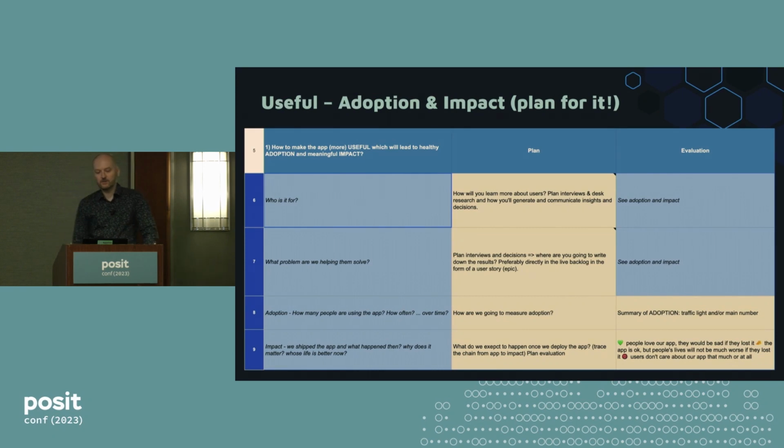So zooming in on the usefulness section, one key thing is that we separate planning and evaluation. At first we started with the evaluation part, but quickly found out that if we evaluate a project at the end, of course, that's too late to change anything about it. So definitely we have to plan to achieve great design up front, and then at the end the evaluation will be better. So there's a section to just answer the question, who is it for? What is the target audience? What kind of users will use the app? Of course, it's not enough to just say users. And what problem are we solving for them?